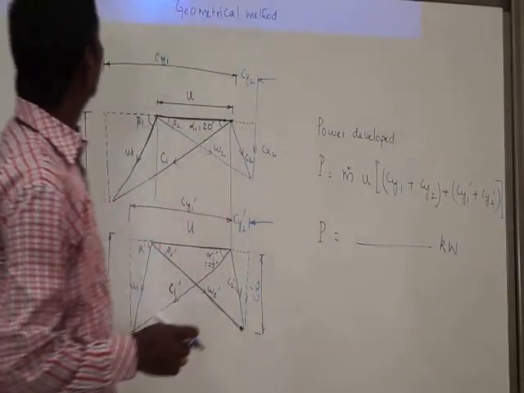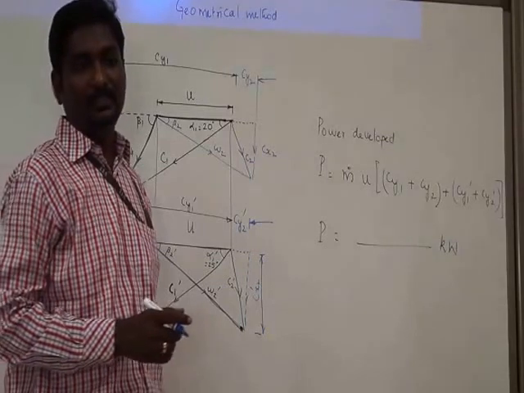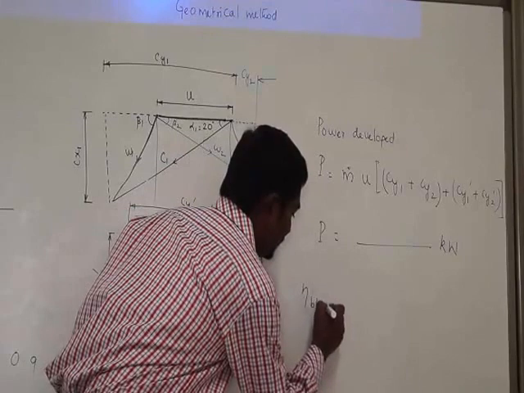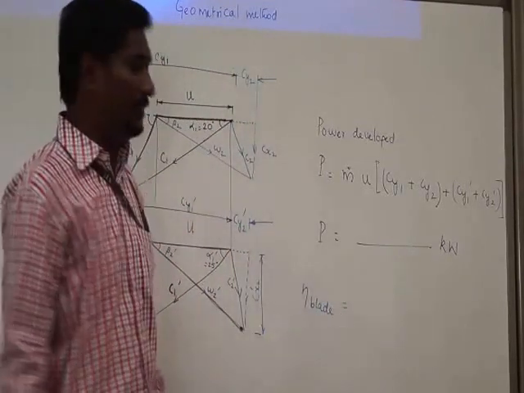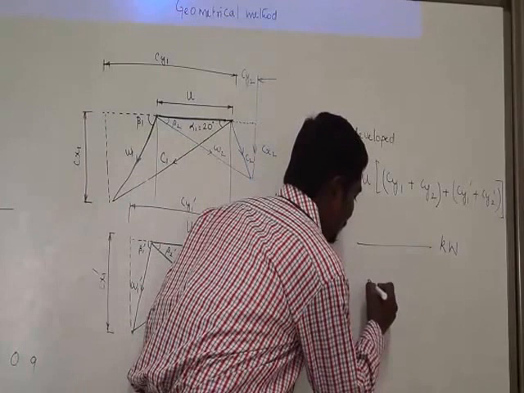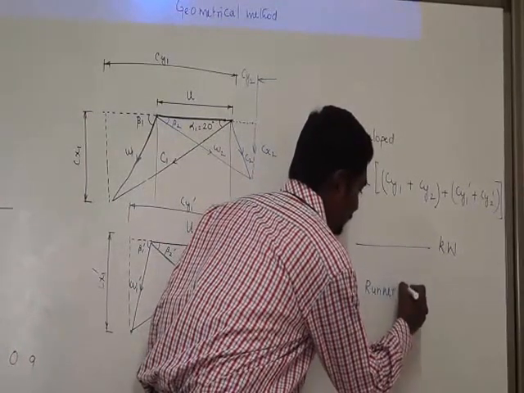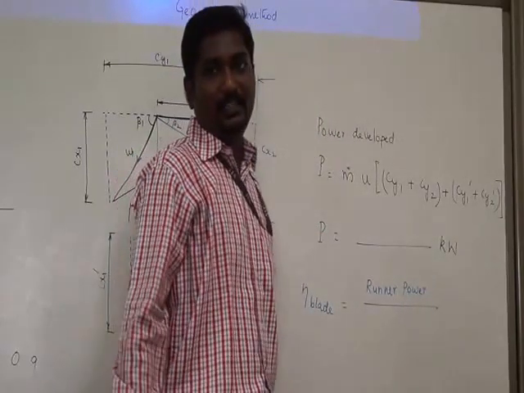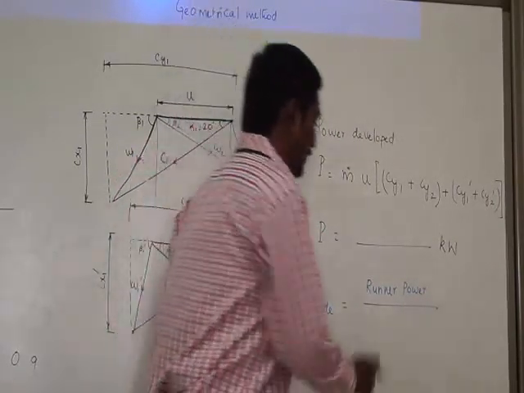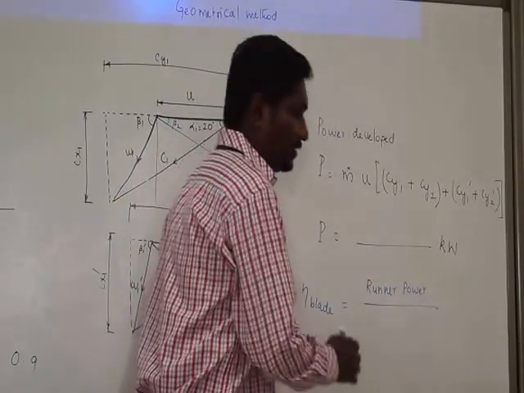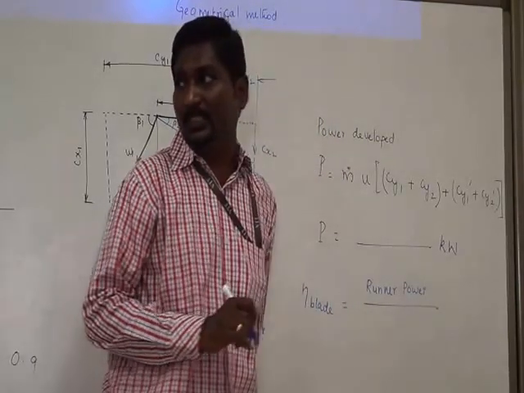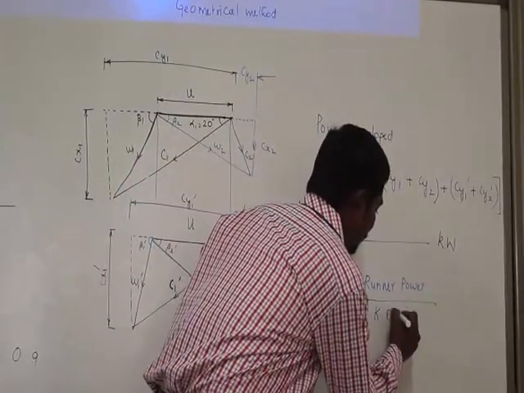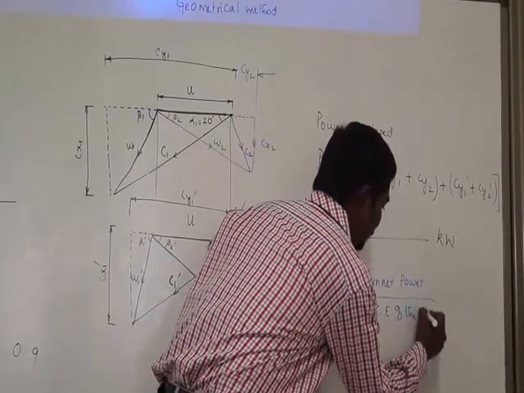And for the second part, we have to determine the blade efficiency or diagram efficiency. So how to calculate the blade efficiency? Blade efficiency is the power developed by the runner or the turbine divided by the inlet energy with which the fluid is entering. The fluid that is entering into the turbine possesses kinetic energy, so the kinetic energy of the fluid with which it is entering.